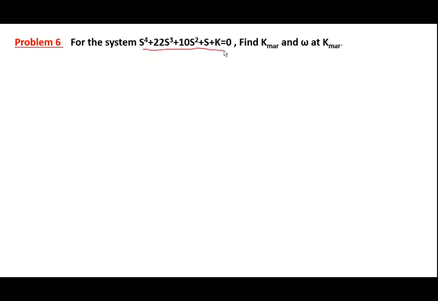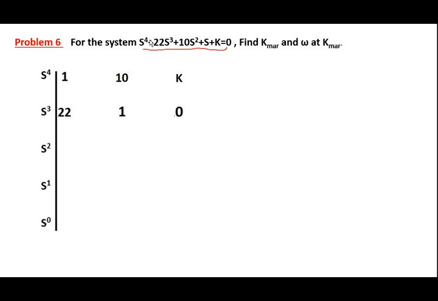The characteristic equation is given, so we need to find a root array for this. All the coefficients are present in this equation, so find out the coefficients and arrange them in the root array starting from s bar 4 to s bar 0. Make that root array. First coefficient is 1, second coefficient is 22, write it in the second row, and 10 is the third coefficient, write it in the first row, and in the second row 1, and next k, and the next last is not present, so put it as 0.